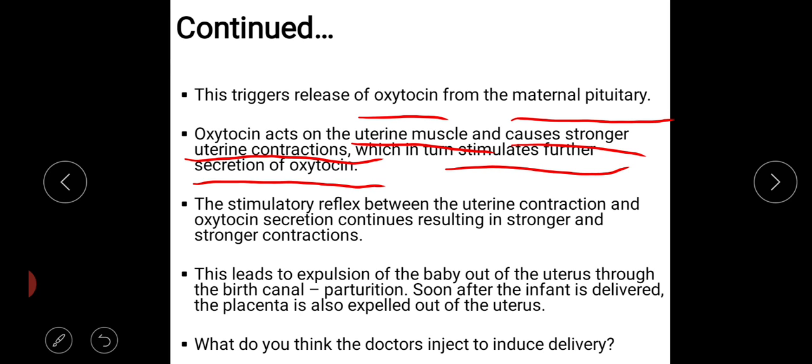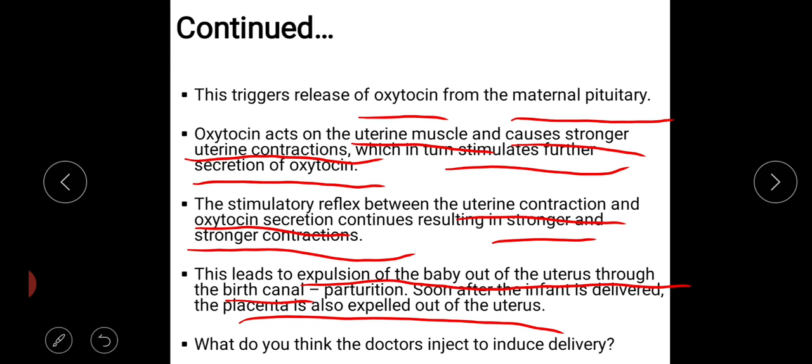The stimulatory reflex between the uterine contraction and the oxytocin secretion results in stronger and stronger contractions, and it also leads to reflex actions so that the release of the baby can occur, and it dissolves the pubic symphysis as well. So this leads to the expulsion of the baby out of the uterus through the birth canal, or you can say through the vagina. This is called parturition, and soon after the infant is delivered, the placenta is also expelled out of the